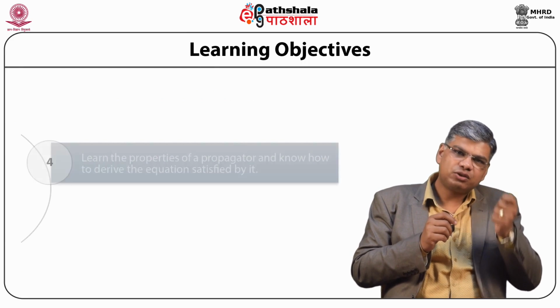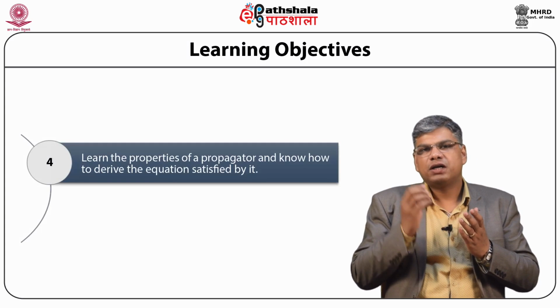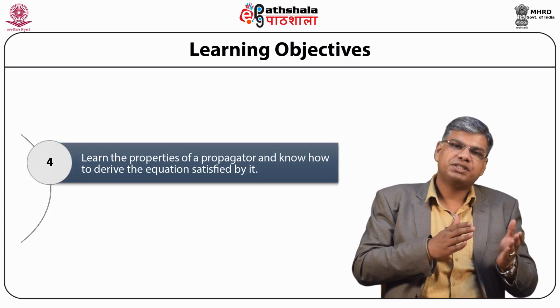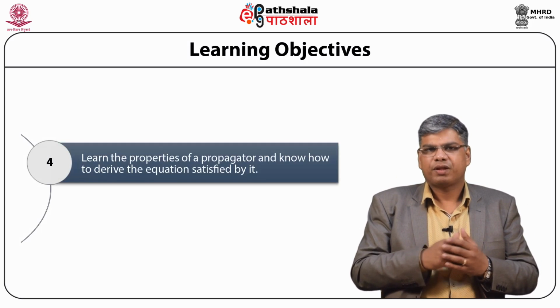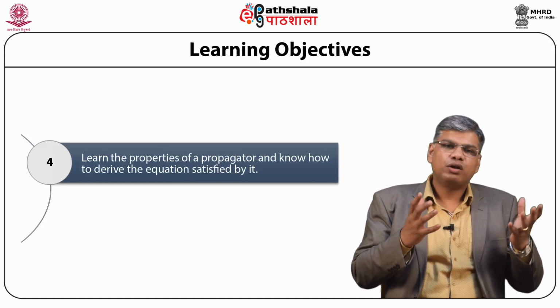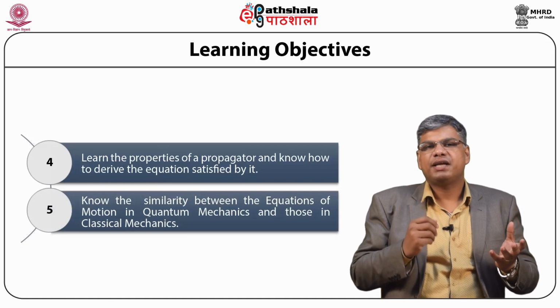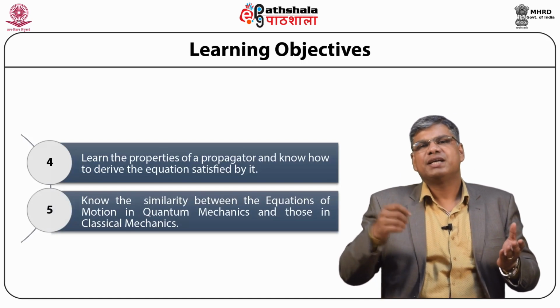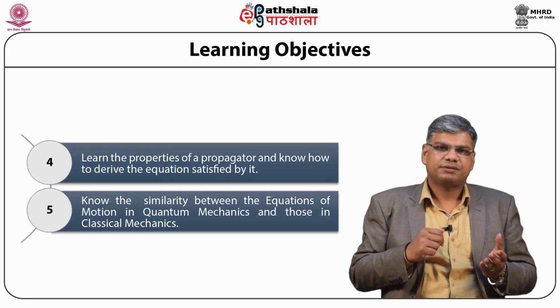Then we will get to learn the properties of a propagator and know how to derive the equation satisfied by it. Finally, we'll also get to know the similarity between the equations of motion in quantum mechanics and those that occur in classical mechanics. The main objective of non-relativistic quantum dynamics is to determine the variables or parameters that specify the